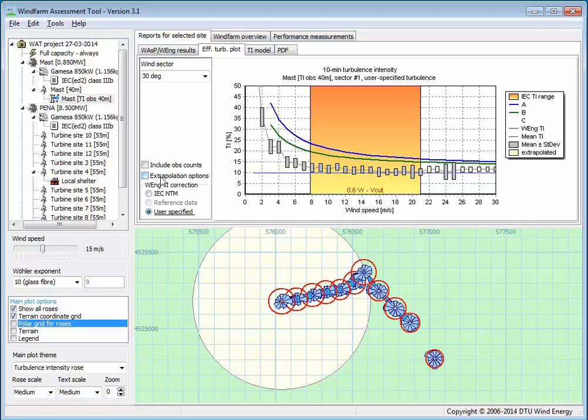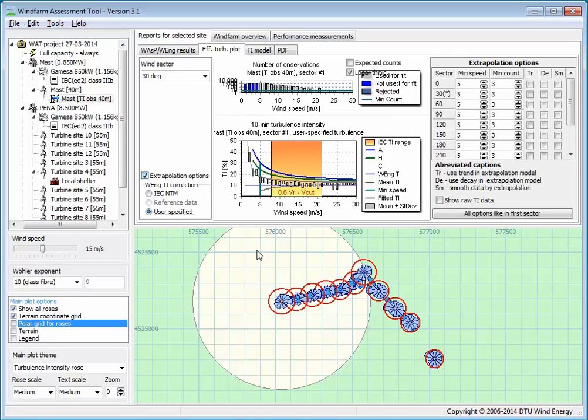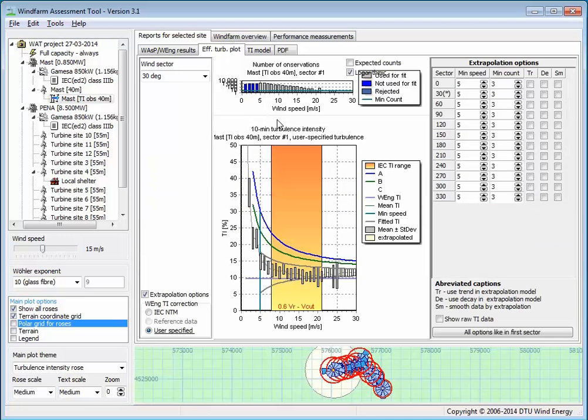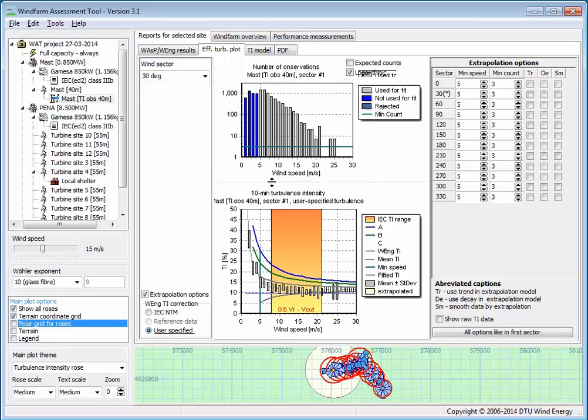So if you click here on extrapolation options, and I also want to enlarge it a little so we can see better. Then here we have, let's go to the first sector.